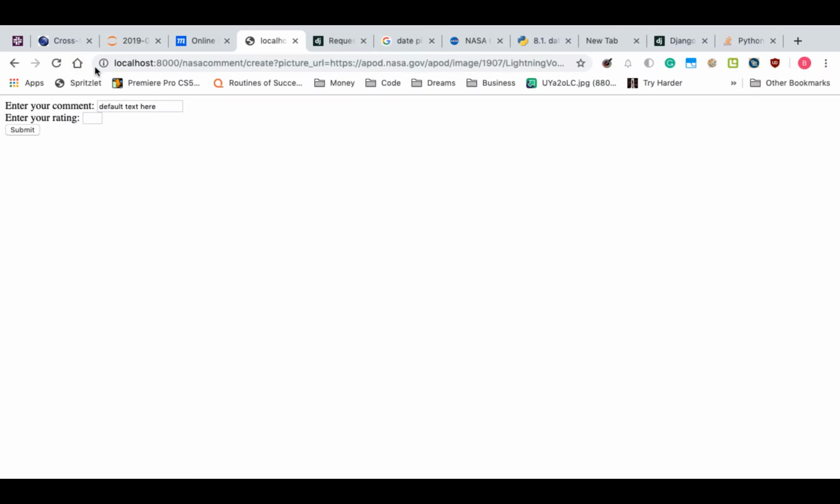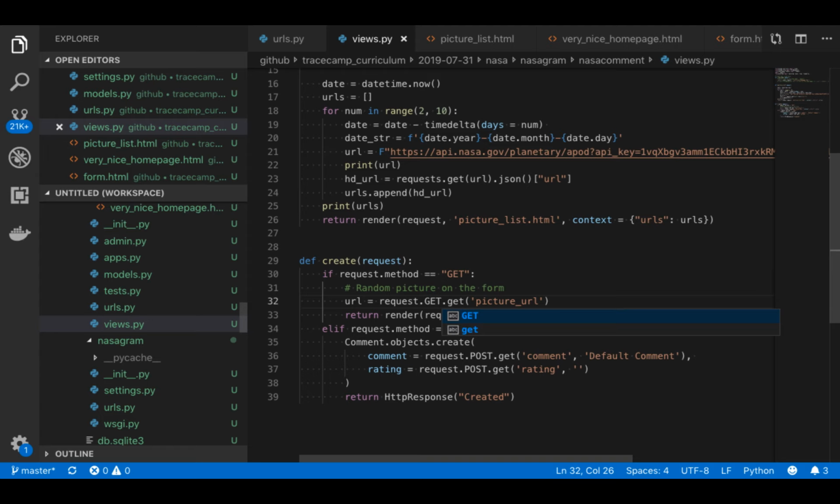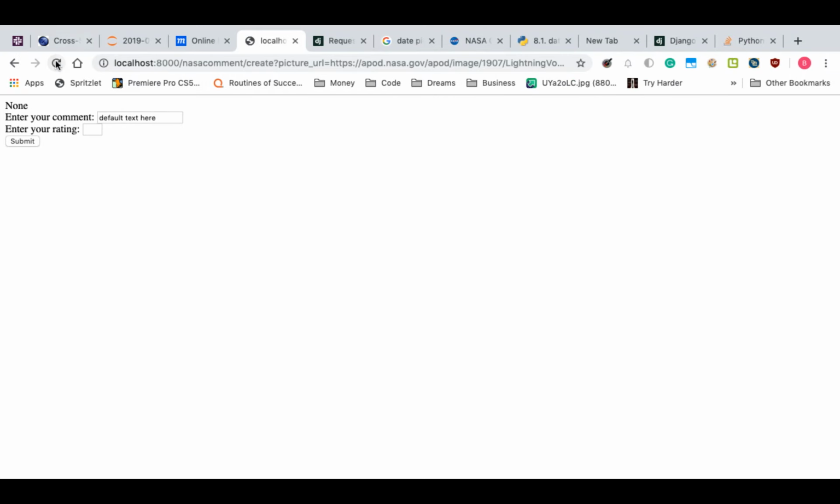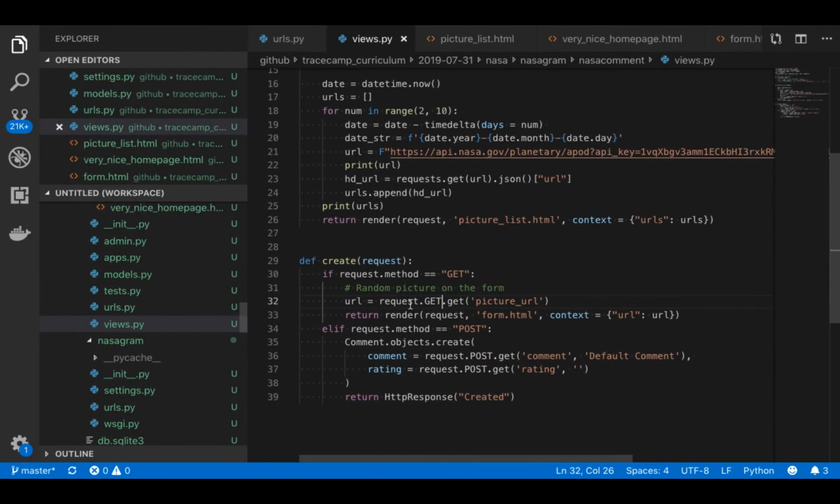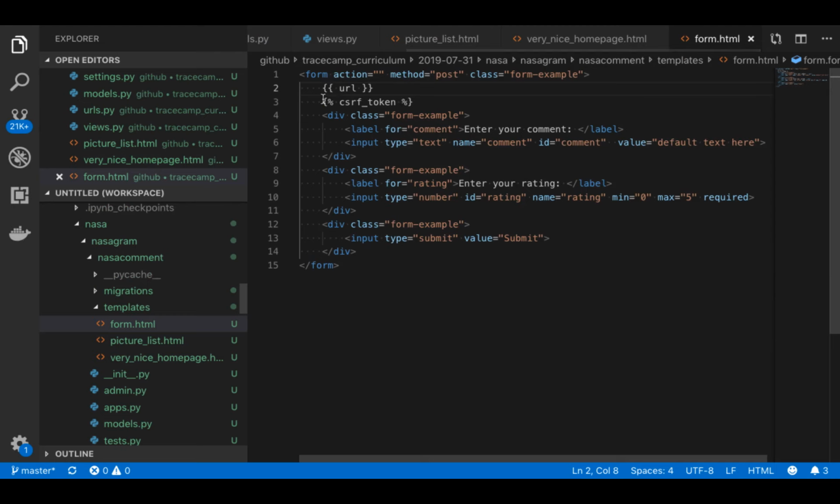None. Oh no. Picture URL. Oh, post needs to be get because, remember, post is for forms, and it has its own post data. Anything in those query parameters after the question mark is going to be get. Cool. And now we can just say ref equals